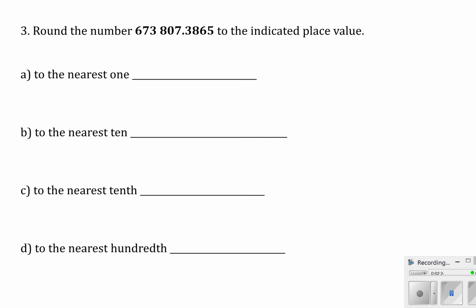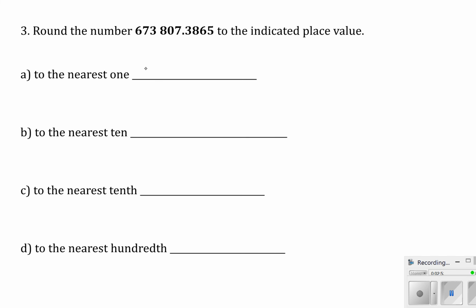And then rounding also deals with place value. So when you round to the nearest 1, we're going to look at our ones place, which is the 7. But to know how to round that 7, we need to look at the place to the right of that. So we're actually going to be looking at the tenths place. If it is 5 or higher, we round up. And if it is 4 or lower, we round down. So in this case, it's a 3, so we're going to round down. So we're just going to keep it as